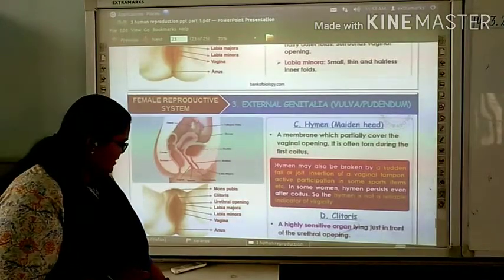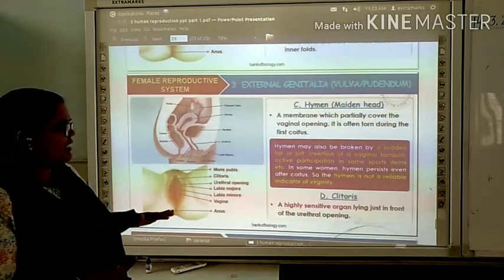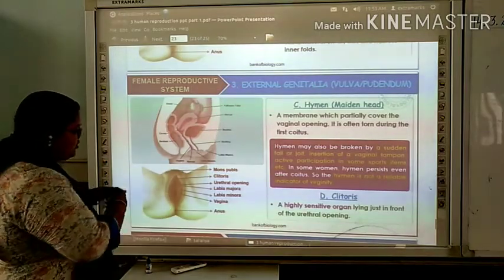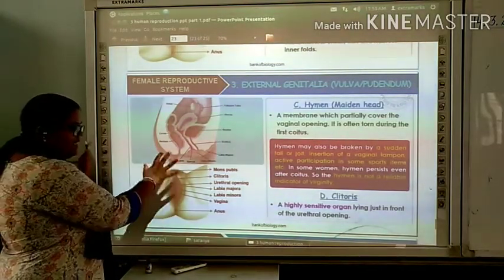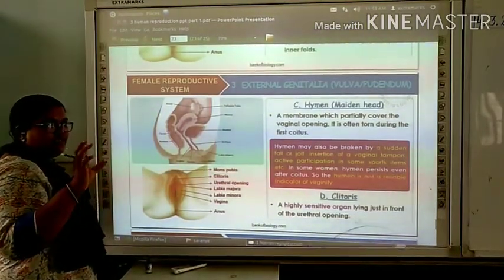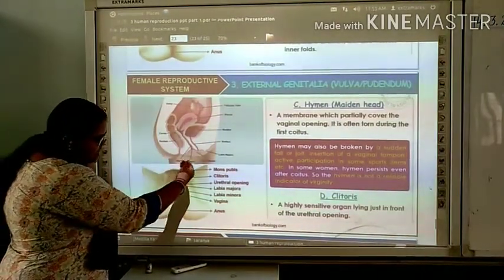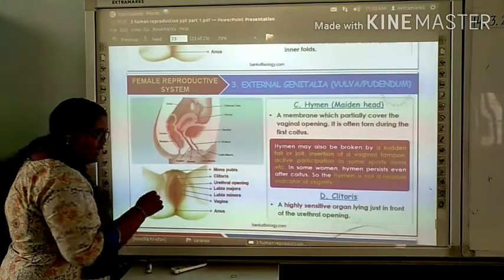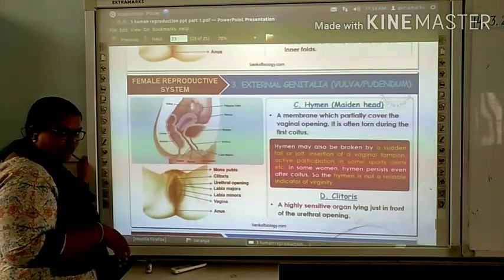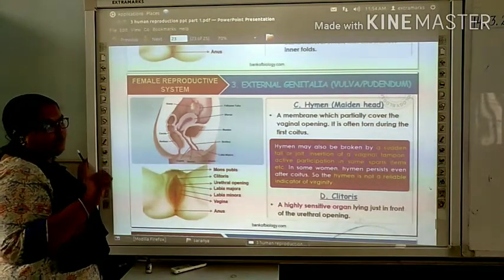Now here you can see there is a membrane covering, right? A membrane which partially, not completely, covers the vaginal opening, right? So you can see that this is the vaginal opening. The outer part of the external genitalia is the vulva, the end structure is known as the vulva. The outer part, the mons pubis, is a fleshy part, right? The thick fleshy tissues are there, in which the pubic hair is present. As an extension of this mons pubis, you can see the labia majora. That's the outside part, which also covers the vagina. Inside that part you can see the labia minora, which is somewhat thin. These are also folds of tissue, right? But there will be no pubic hair present.